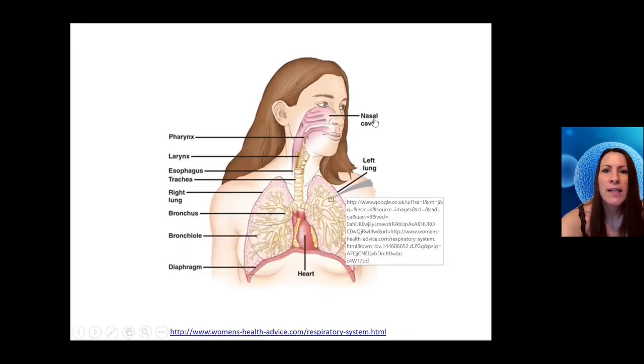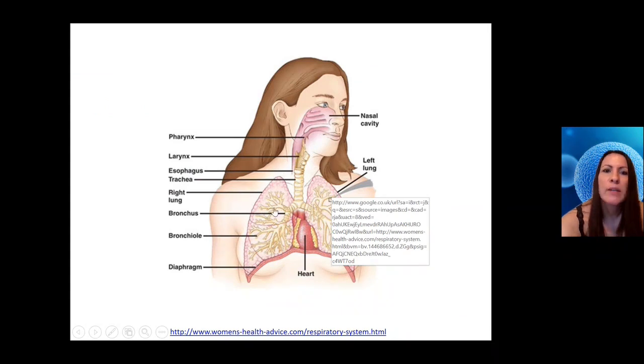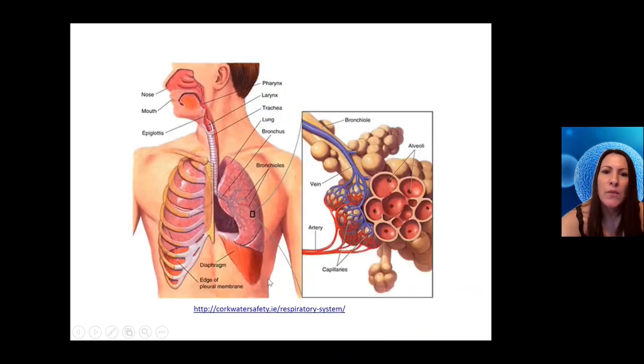Here's a more coloured diagram. So we've got the nasal cavity. We breathe in air from the atmosphere down into the pharynx and larynx, down into the esophagus. We then go down into the bronchioles, into the alveoli, and so forth. So the alveoli that I keep talking about is right down at the bottom of the